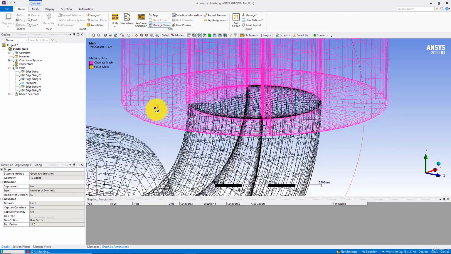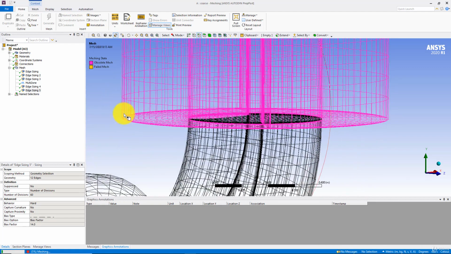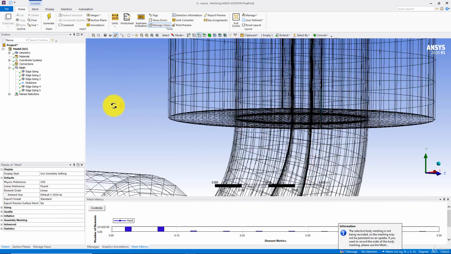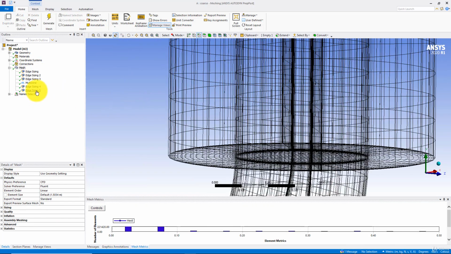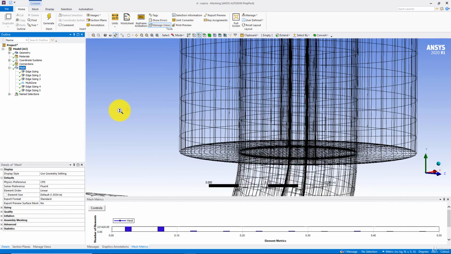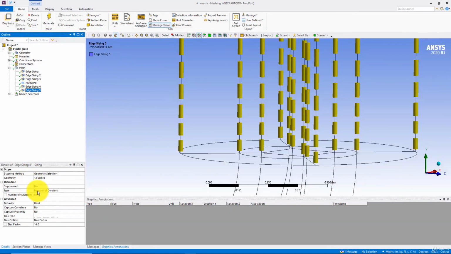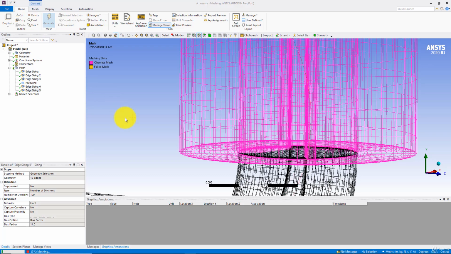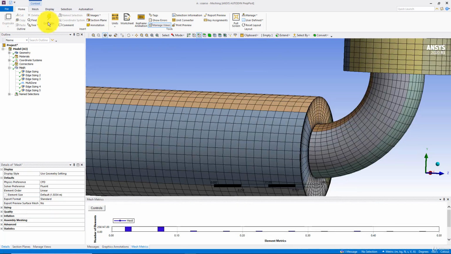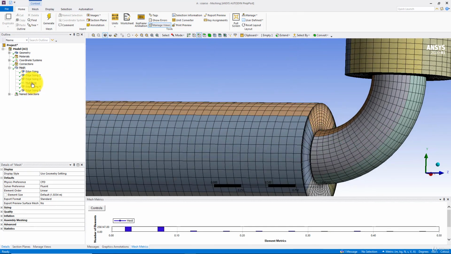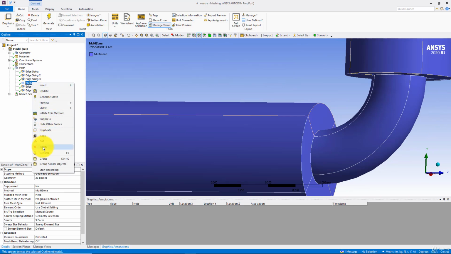And this is the size of the previous mesh. You can see this is the height of the cell, and that's why we have some higher value of the y plus value, and still we have the same sizing here, although we provided sizing like this. So maybe I can increase the number of nodes to 100 and click on generate, and still I'm getting almost similar behavior, and therefore I'm going to delete the multi-zone mesh method from here,